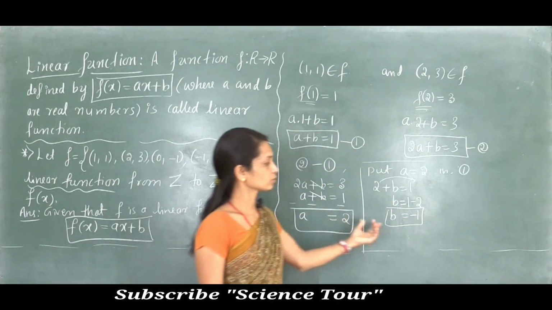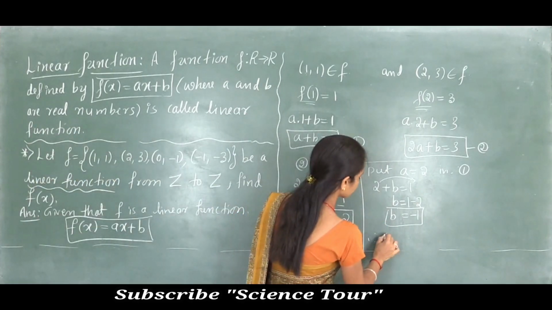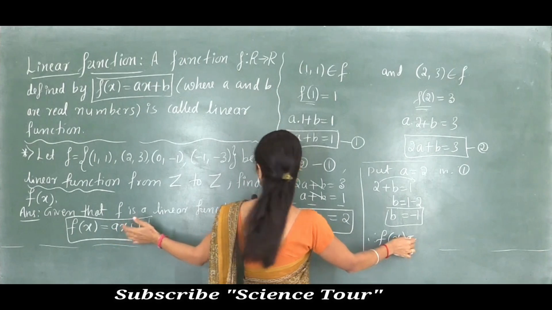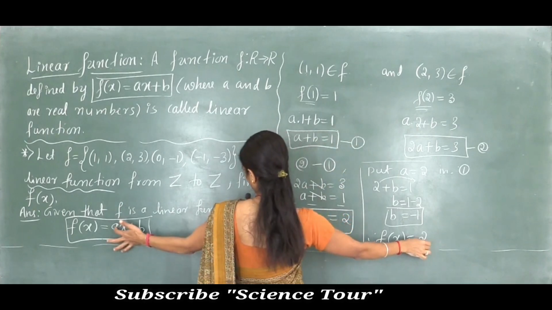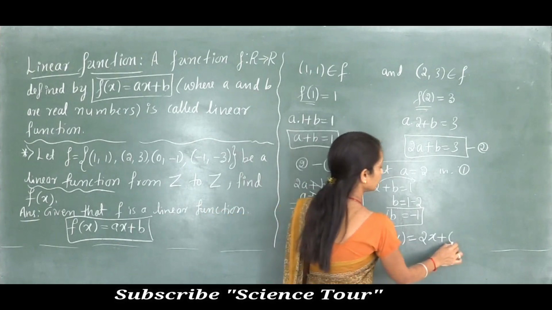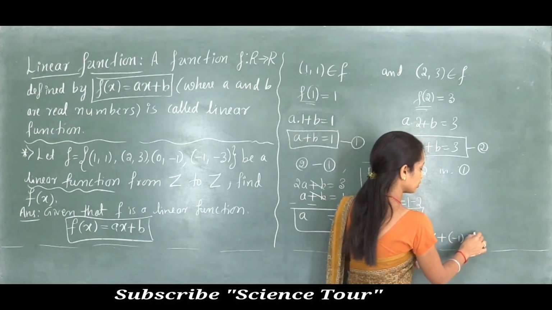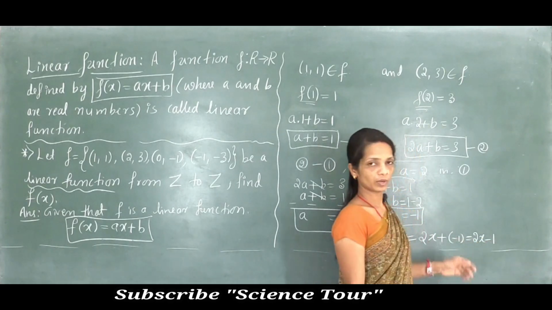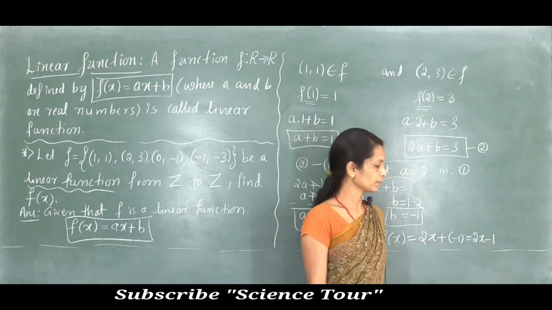Now use these values of a and b in this function f of x. Okay. So therefore, what is f of x is equal to, f of x we took like this, a into x plus b. Now in place of a use the value, that is 2. So in place of a I wrote 2 into x, then plus symbol is there, plus. Then what is the b value? b value is minus 1. And here plus into minus, that is minus, right? First 2x you write as it is, plus into minus, that is minus 1. So this is your function f of x. Okay, f of x is what? That is 2x minus 1.